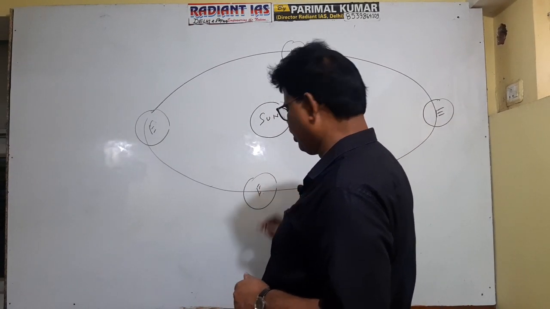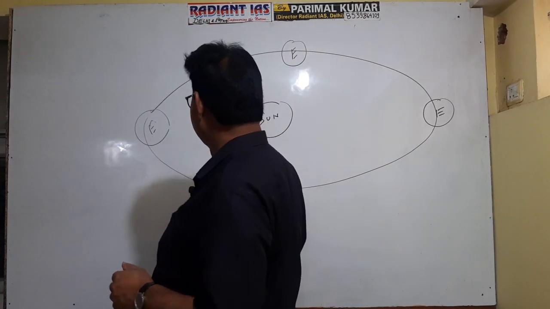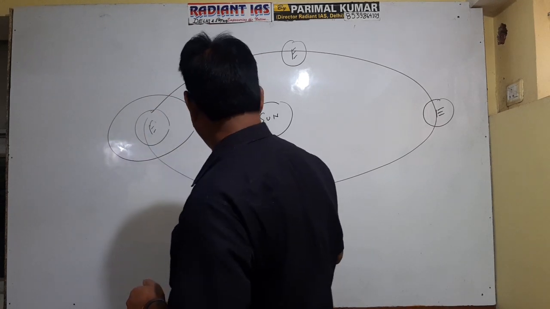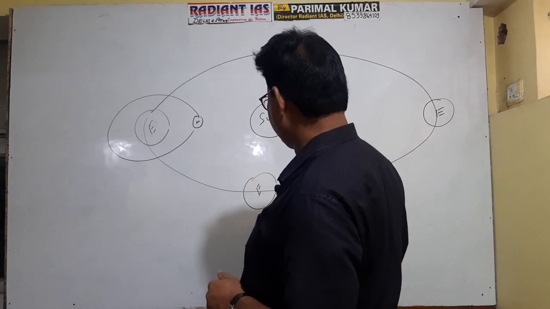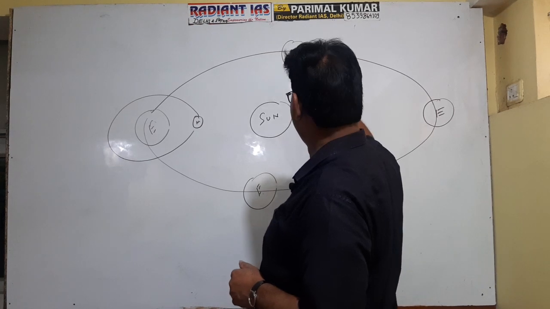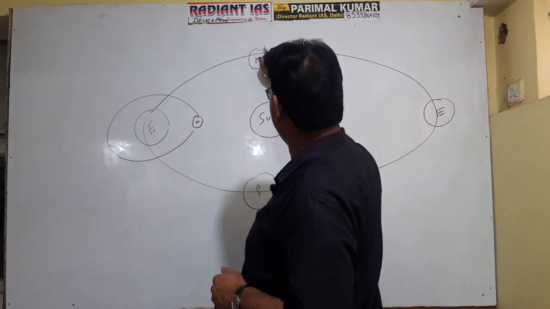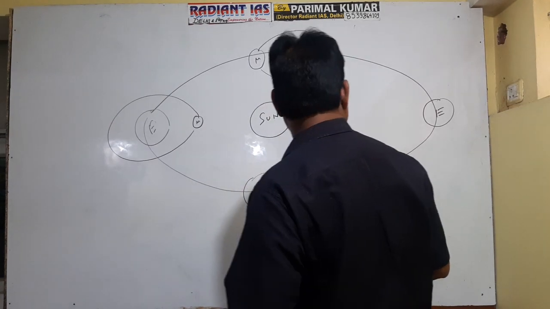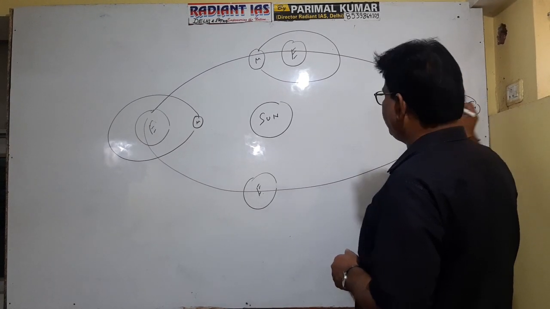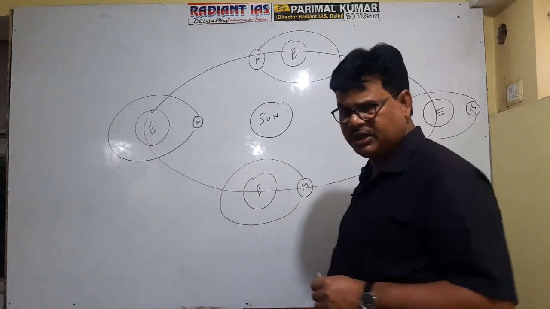Getting it? Again, see, you know that the moon revolves around the earth. So if the moon is revolving around the earth, it is located here. This is the position of the moon, and again this is the position of the moon, or this may be the position of the moon. As the moon rotates around the earth, it is clear, right?